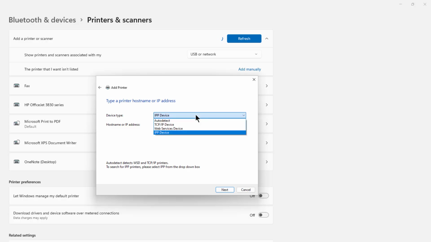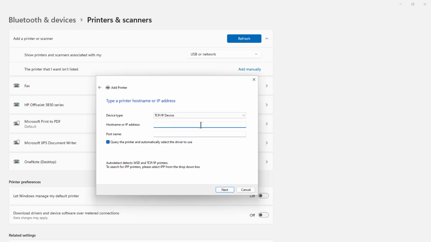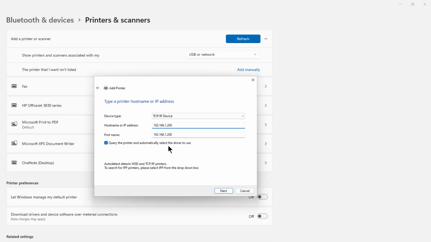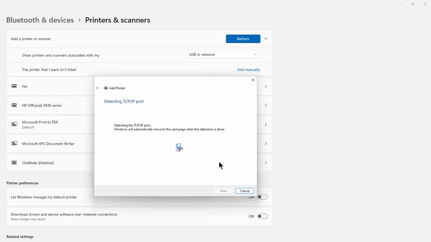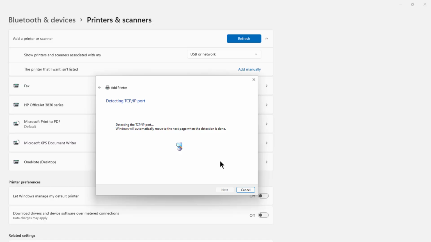Now we can choose the device type. So I'll choose a TCP/IP device, and I'm going to put in the IP address. Next, it's going to try to query the printer to automatically add the driver. I'm going to recommend that you do that, but it may not always find it that way. We give it about 30 seconds or so. It will fail if it cannot find the print driver,